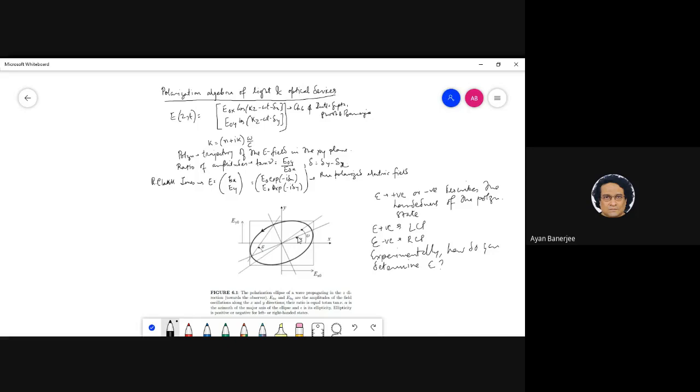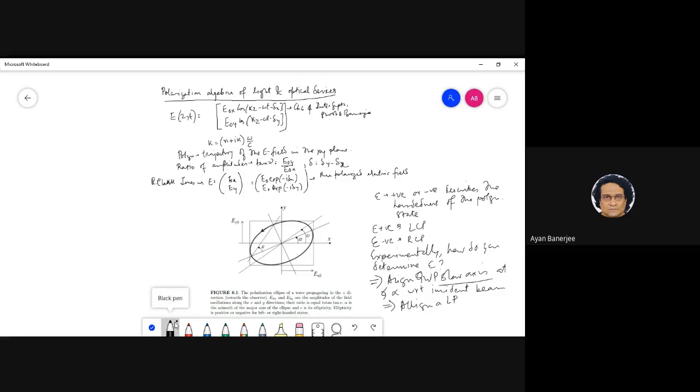So essentially what you do is align the QWP slow axis, very crucial, at an angle of alpha with respect to the incident beam, and second, align a linear polarizer. Sir, how do we know alpha? We don't, of course. So basically what you do, Rohan, is trial and error.